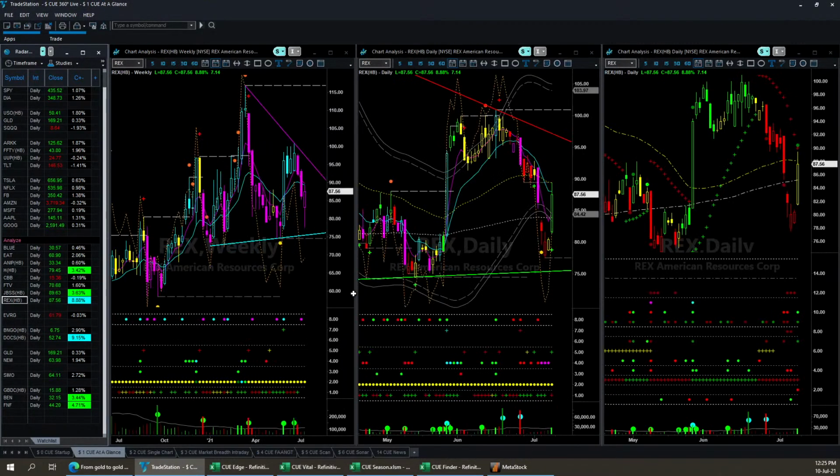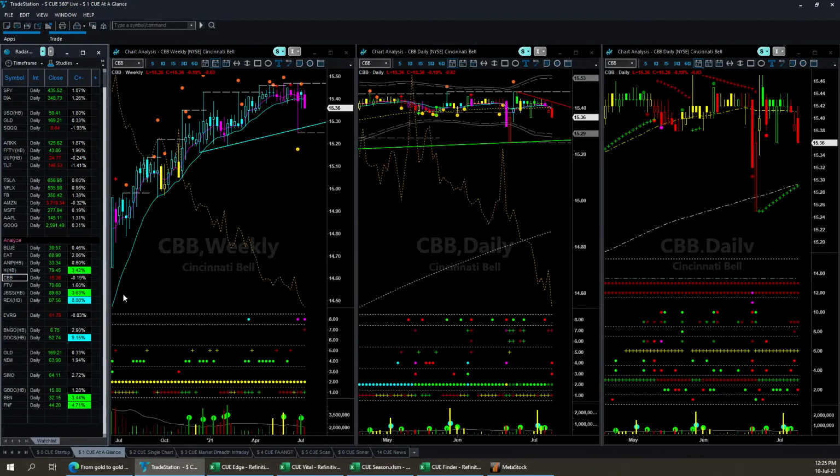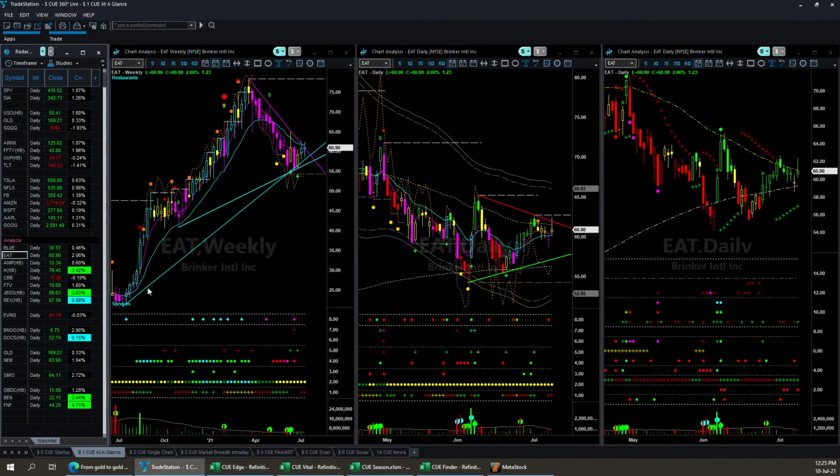Last one, REX. I'll be less reluctant because it had a swing high, didn't make a swing low. Lower high, lower low is not there. So this one is not. So the ones that I will be happy to use isol failure to identify short trade, one is CBB and I think EAT, and there were probably one or two more. These are low risk shorting opportunities, but I'll short them only if on Monday they are coming down and hopefully